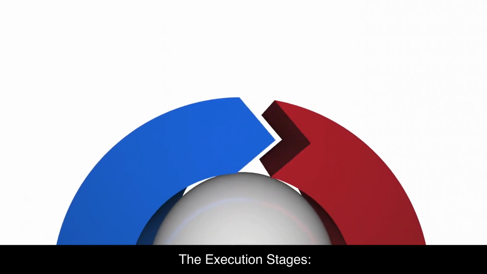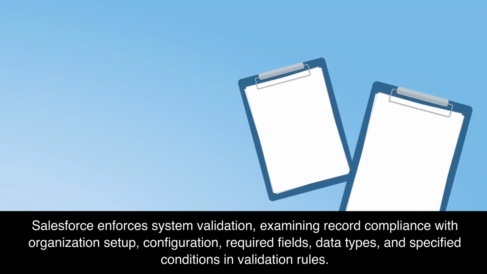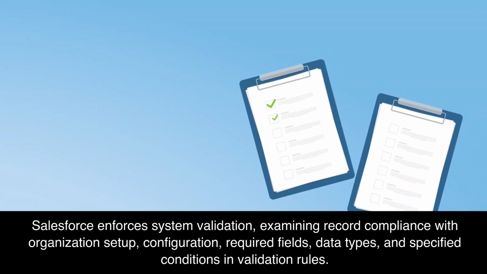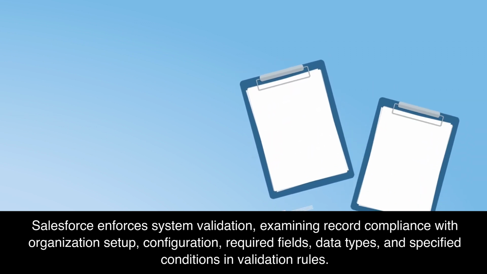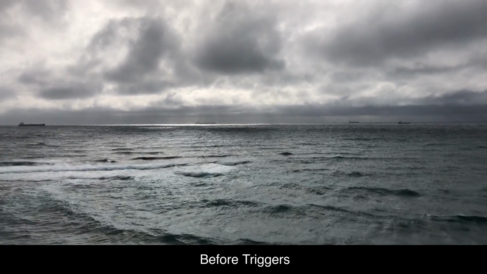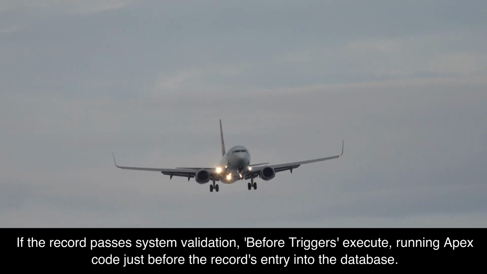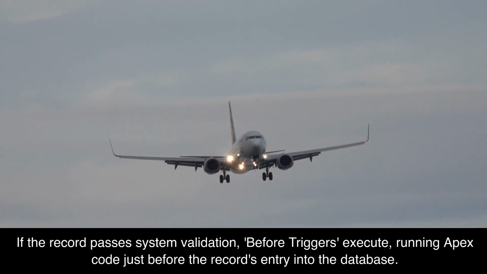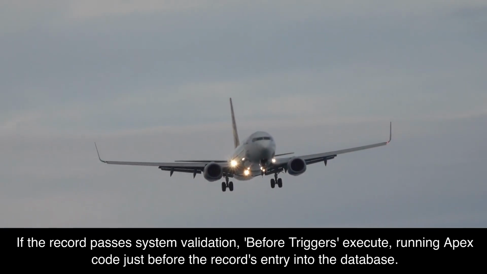The execution stages. System validation rules. Salesforce enforces system validation, examining record compliance with organization setup, configuration, required fields, data types, and specified conditions in validation rules. Before triggers. If the record passes system validation, before triggers execute, running Apex code just before the record's entry